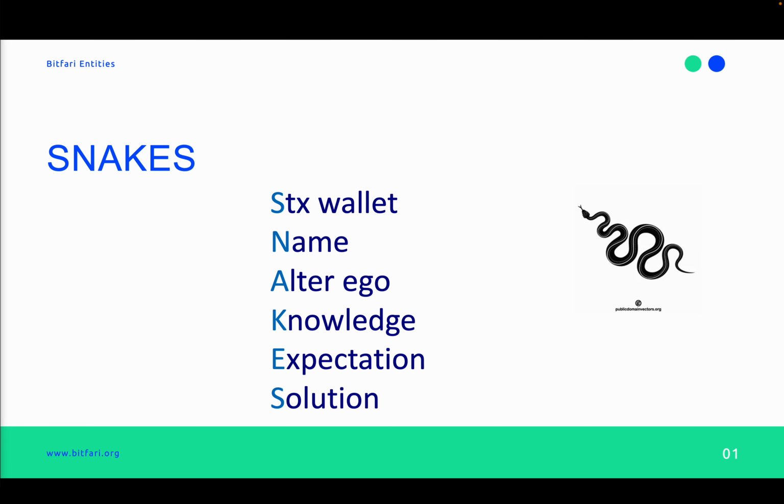A snake means stacked wallet, name, alter ego, knowledge, expectation, and solution. So every snake, which is a data structure, contains a public wallet address, which is obfuscated, and then a name, a nickname, knowledge, expectation, and solution.